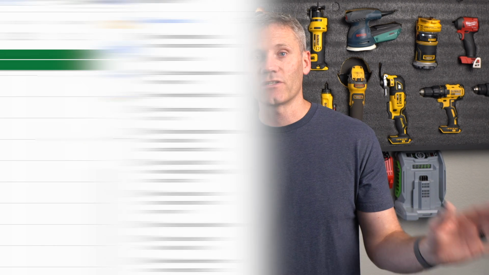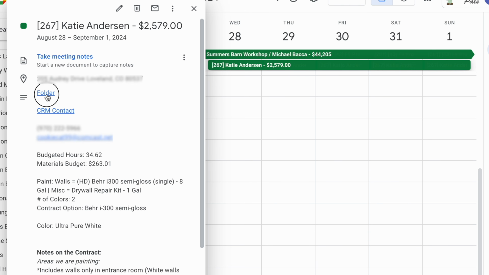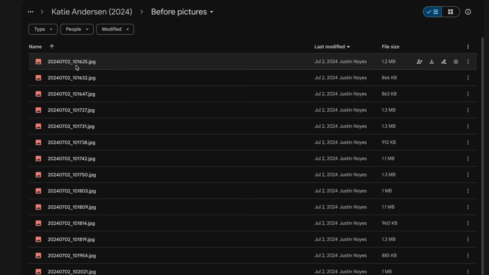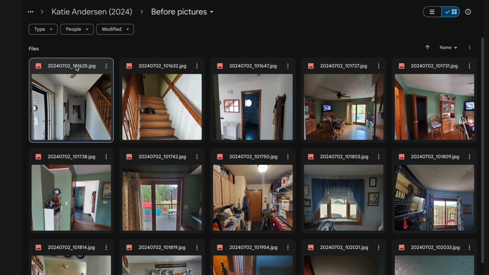A side note with that is we take tons of pictures of every job and we put them all into a folder, so that we can come back to this 6 months later when we've forgotten everything about it and reconstruct it. Okay, and then those 9 different areas of the house that I measured out all get pulled into